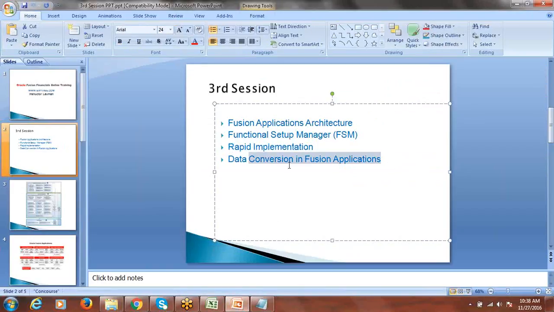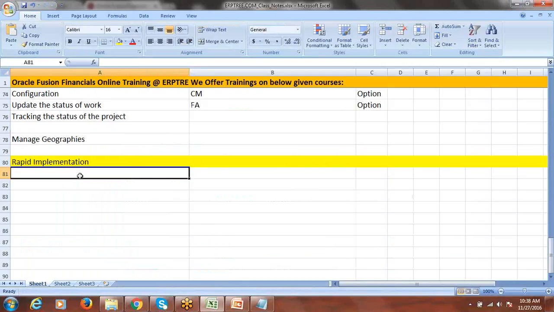The other point is data conversion in Fusion applications. So when you talk about data conversion, please... Lakshman, Ashok here. Yep, Lakshman,